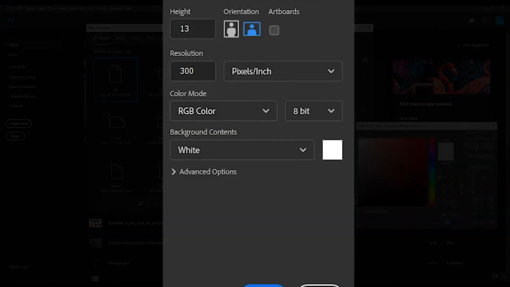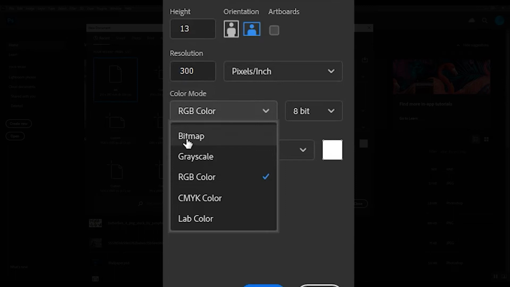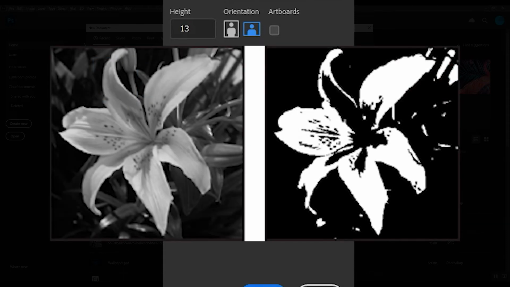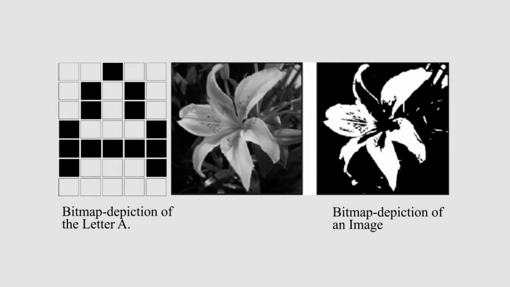Here we can set the color modes for our new document. The first color mode is bitmap. The bitmap is used when you need only white and black color, not even the slightest part of gray is allowed. It is just 1 bit per channel, so if you are using a 16 or 32 bit per channel image, you need to convert the image first to 8 bit per channel. This works perfectly when you are dealing with a high contrast image like a text document. You can make the text appear bolder and clearer once you convert the image to bitmap mode from RGB mode.